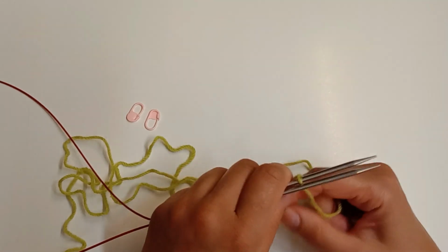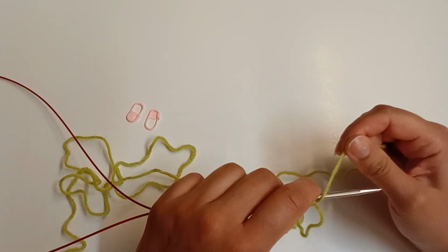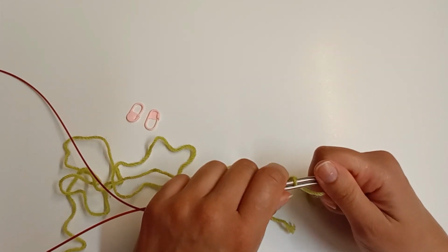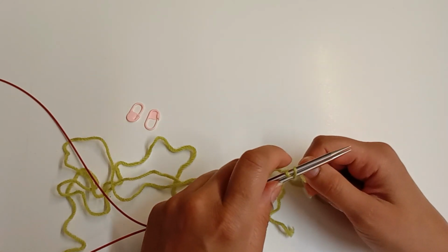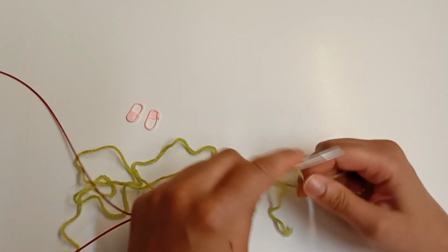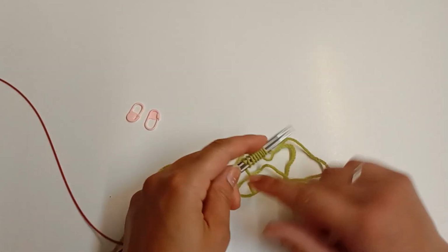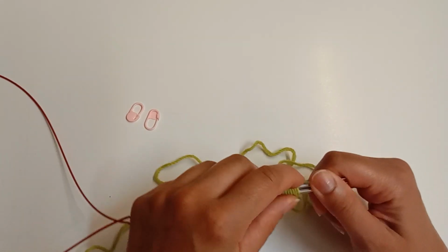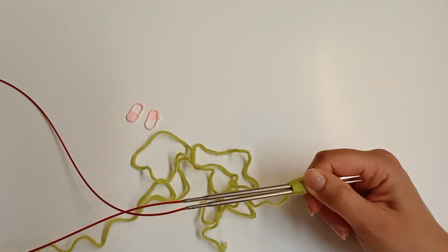All right, so to do that for the Turkish cast on, it is wraps. So you're just going to wrap it the number of times for the cast on stitches. So for example, I'm going to be knitting the medium size, so I will need 8 wraps for mine. All right, so I'm just going to wrap that 8 times. So we have 1, 2, 3, 4, 5, 6, 7, 8, and just go ahead and count. Okay, now the very next thing we are going to do is go ahead and do the same thing